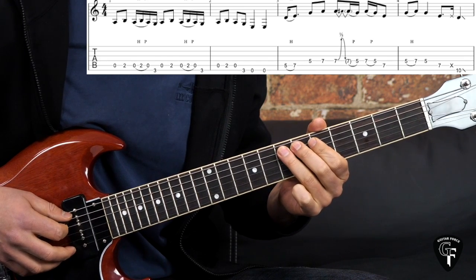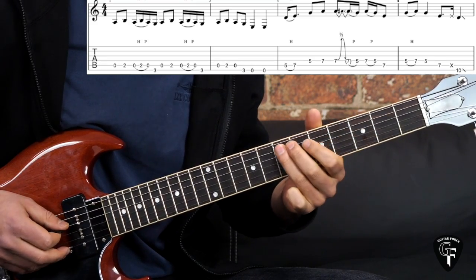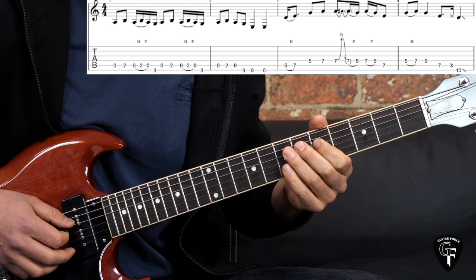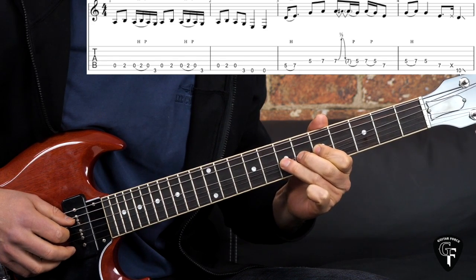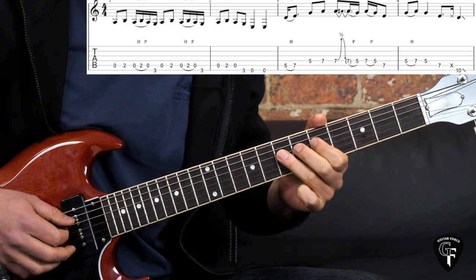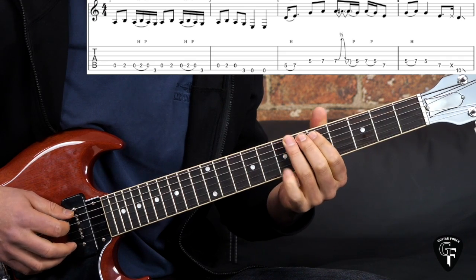So here we're playing a grace note, 5 to 7 on the A string, or you can play a slide. And then we have on the D string 5, 7. Then we have a quick bend and release, pull off to the 5th fret, then you have a pull off 7 to 5 again on the D, going to the A string 7th fret. So you have